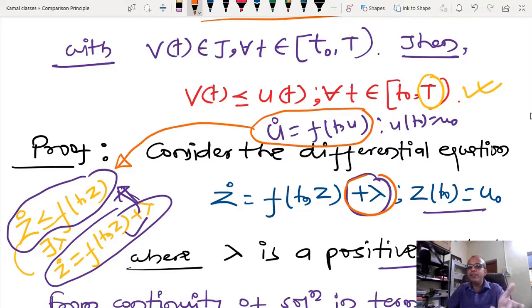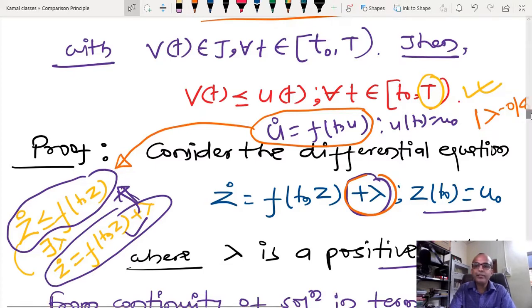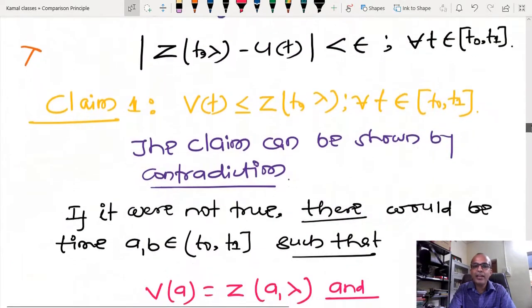So if lambda is very small, then I cannot distinguish the solutions u and z, because the initial condition of both is exactly equal. The right hand vector field of these two equations is exactly equal, just the variation of the parameter is here. So if the parameter variation is very small, it means lambda is the parameter here, with no parameter it is 0, and if the distance between these is less than delta,